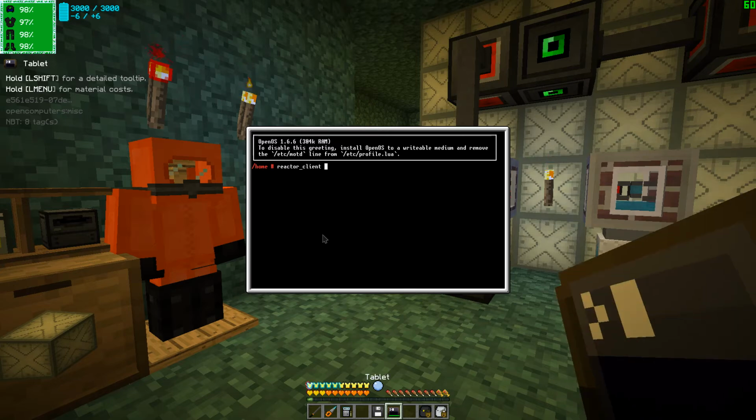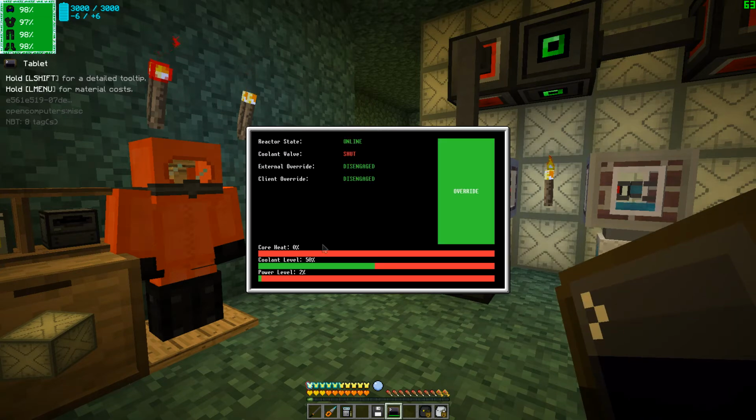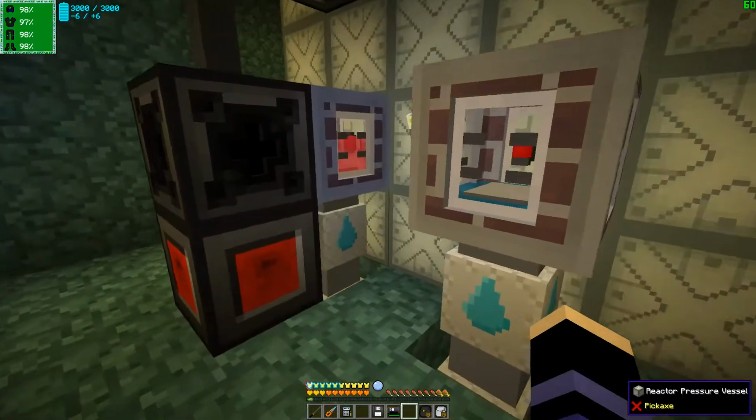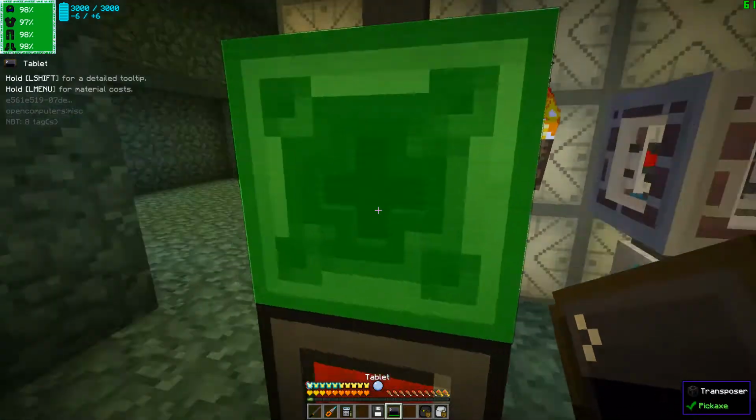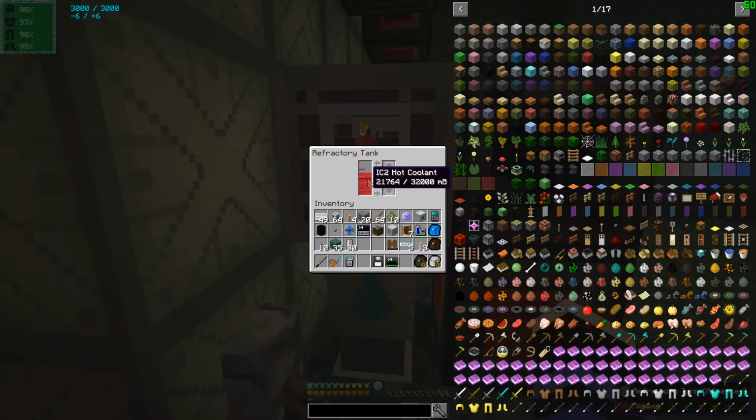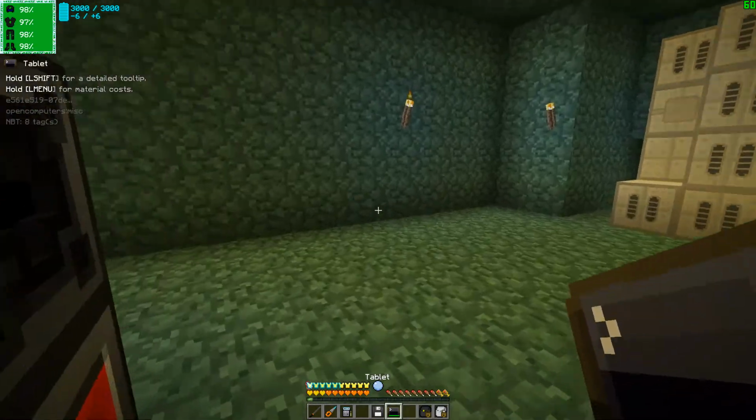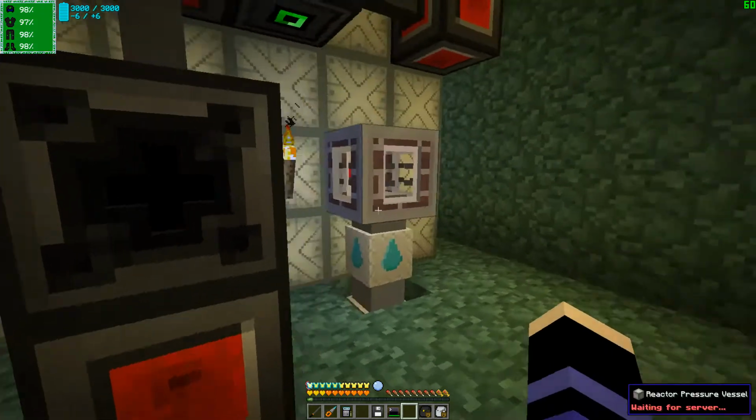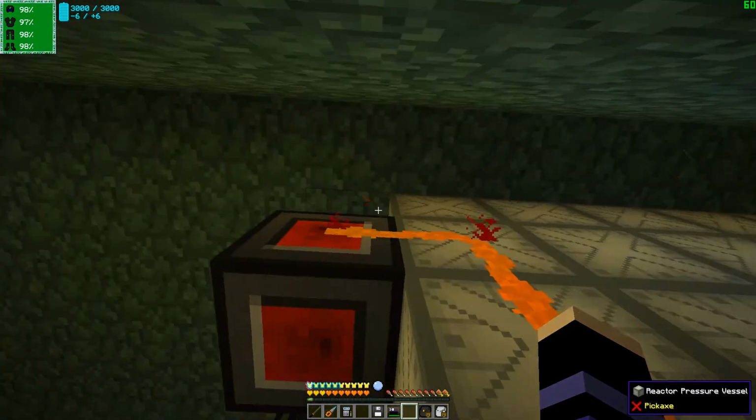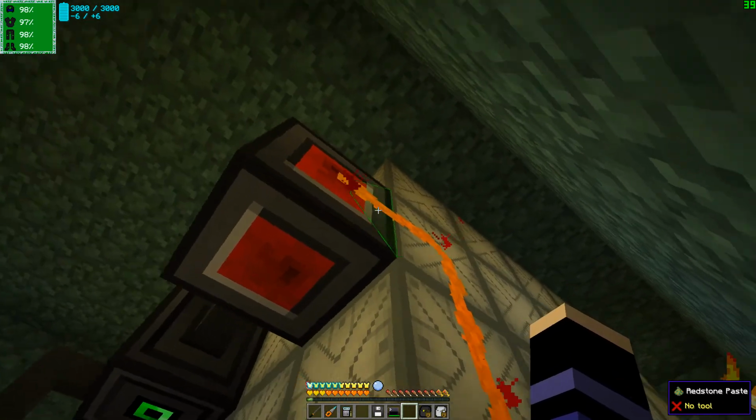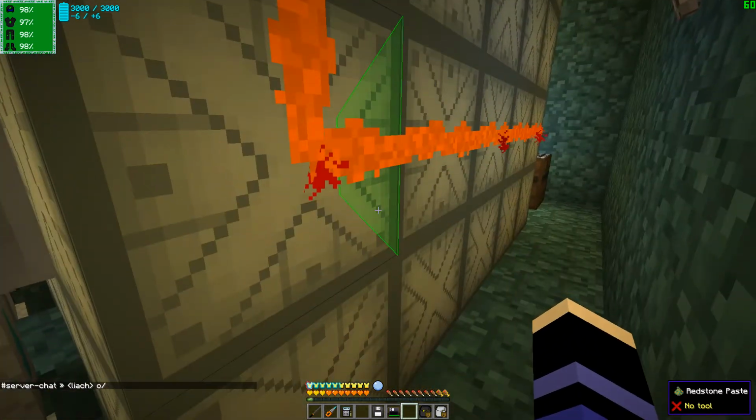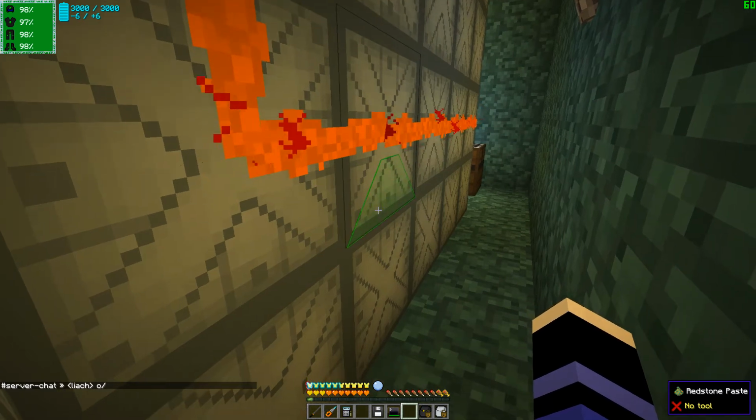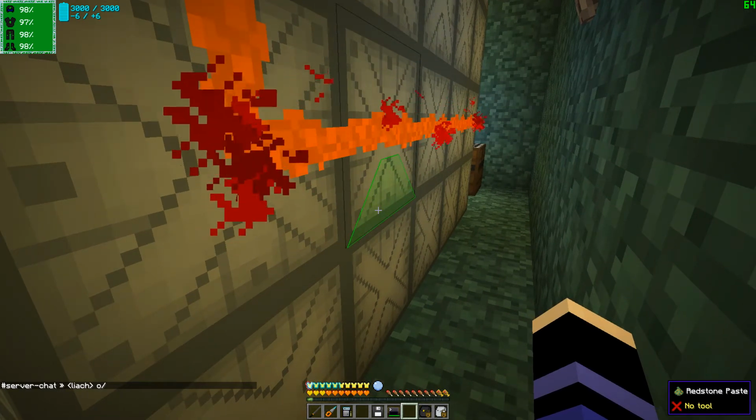We're going to run Reactor Client here. And here you can see that the reactor state is online. Coolant valve is shut, which means that it's not pulling coolant from this tank at the moment. And the external override and the client override are disengaged. I don't think that is working. Now, we are going to need to do something here